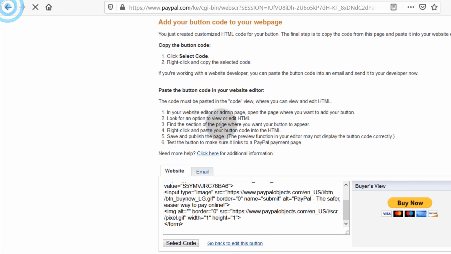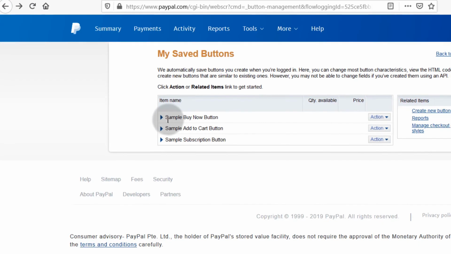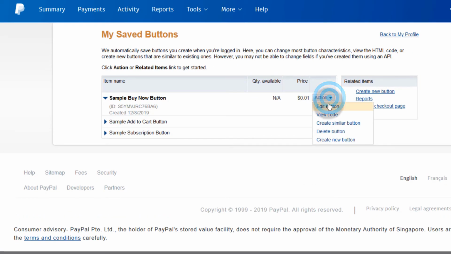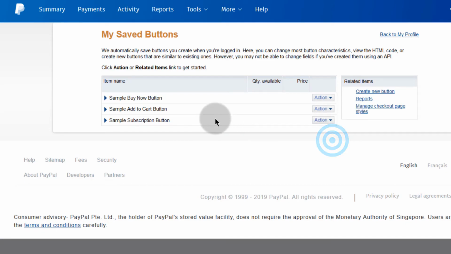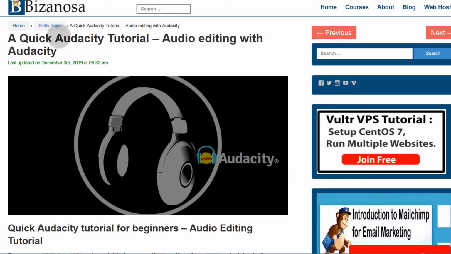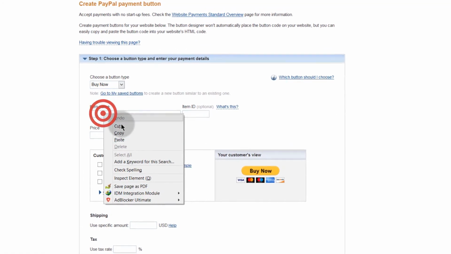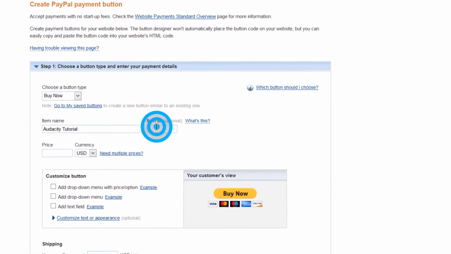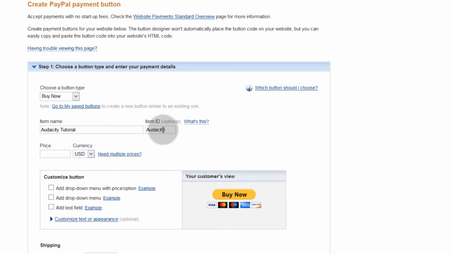So let's go back, and we want to create our own products on PayPal. So I can just click any of this and I can click create a new button. And here you can choose the type of button. You can choose a buy now, a donation, or a subscription. So we'll choose buy now, and let's call the item name. Copy. And then you can paste that in there. And you can give the item an ID, and you give it a price,